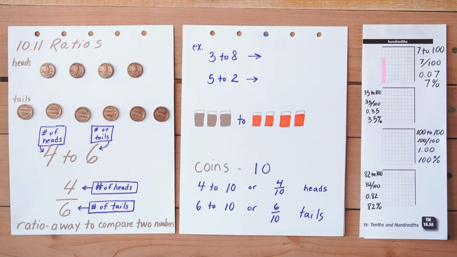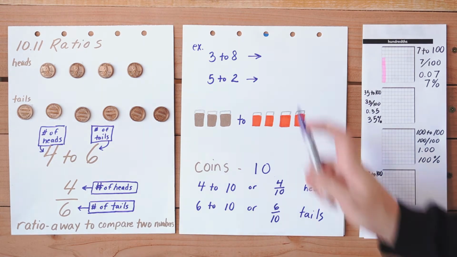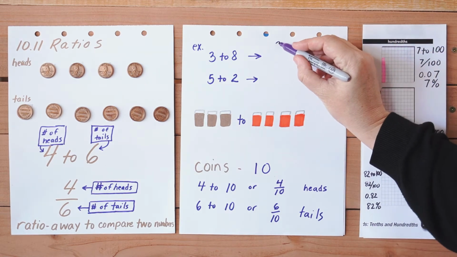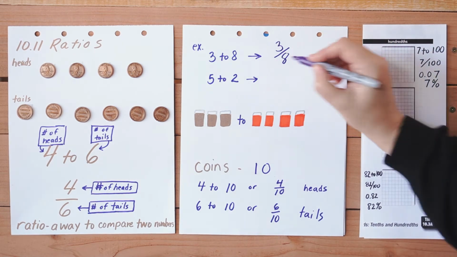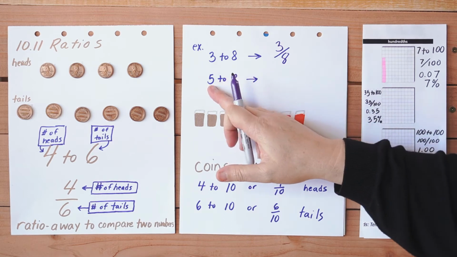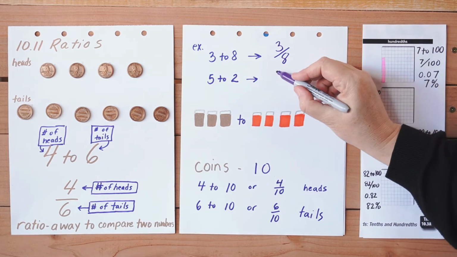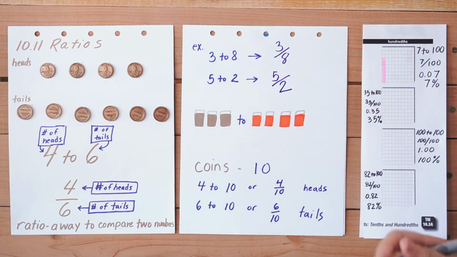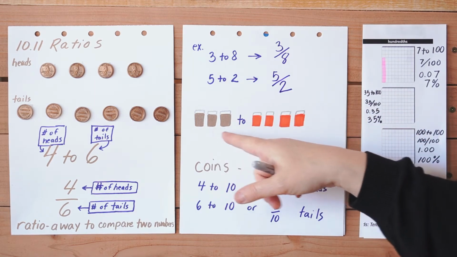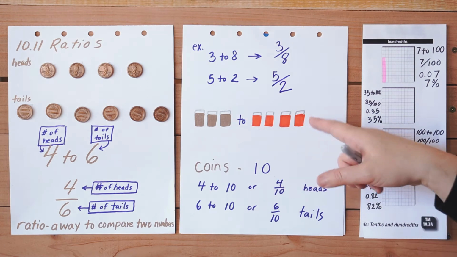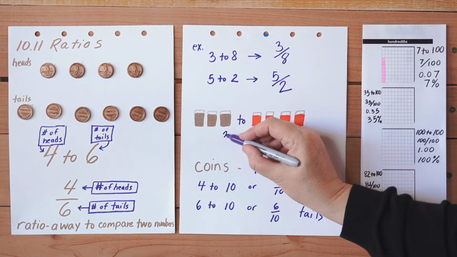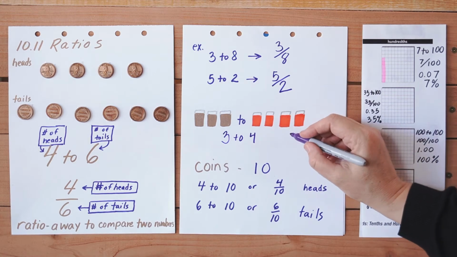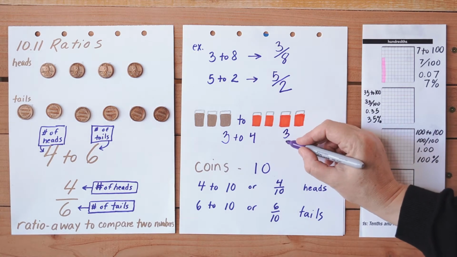Now let's give some more examples. For instance, if I have 3 to 8, I would put that in fraction form as 3 over 8. Or if I have 5 to 2, I'm going to put that in fraction form, 5 over 2. Now, what if I had 3 chocolate milks to 4 orange juices? I would still put it as 3 to 4, and then I could put it in the fraction form 3